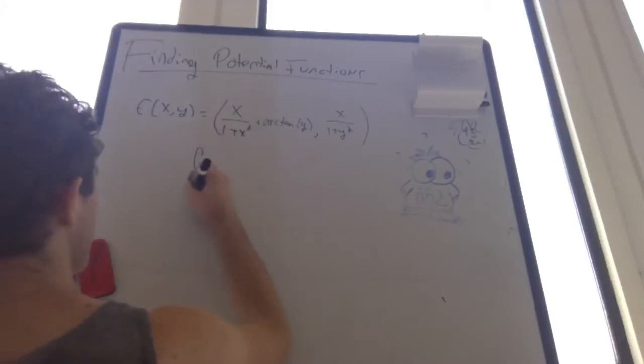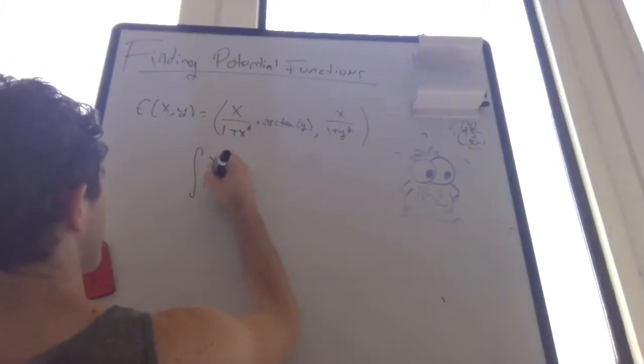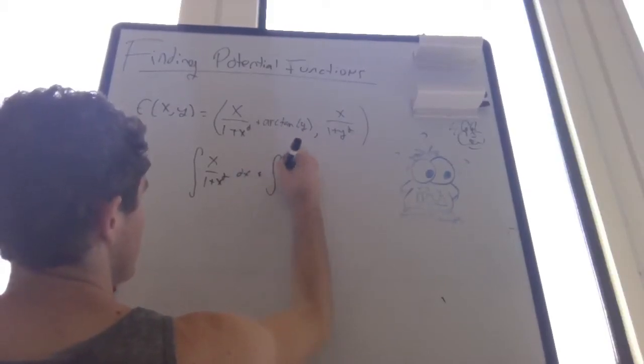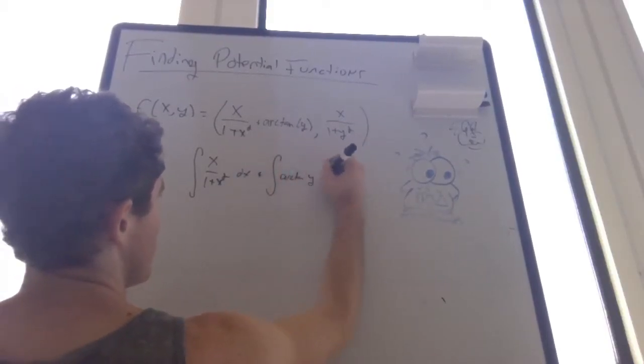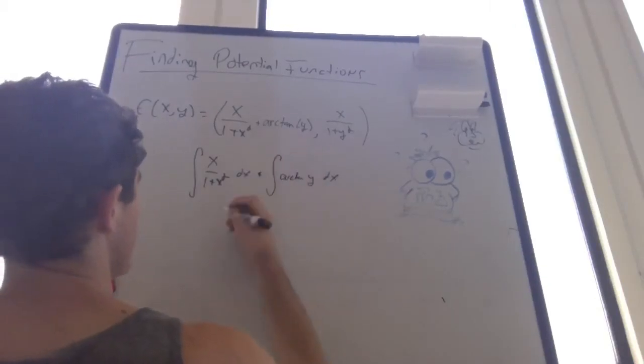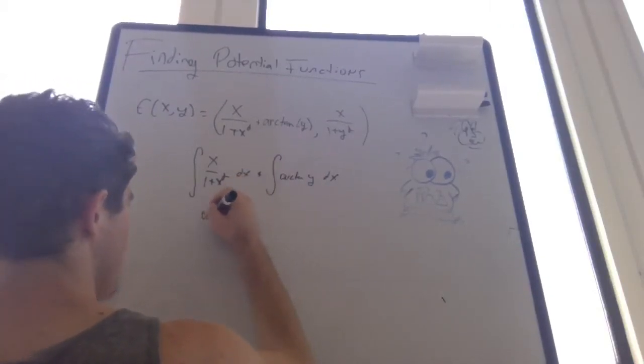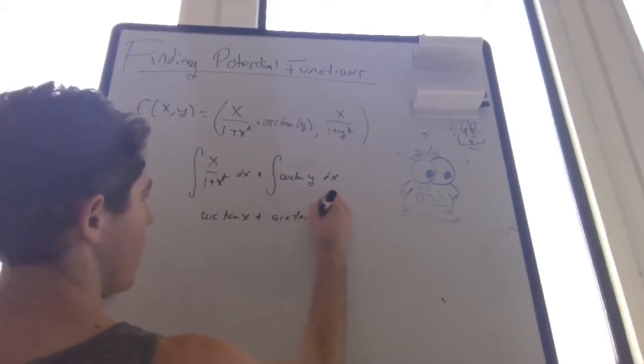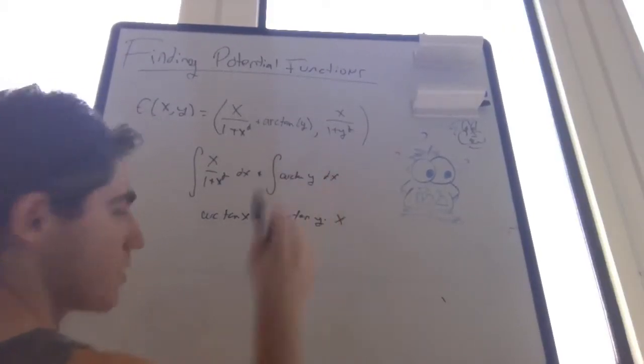So we get the integral of x over 1 plus x squared dx plus the integral of arctan y dx. This is simply arctan x plus arctan y times x, because arctan y is a constant,